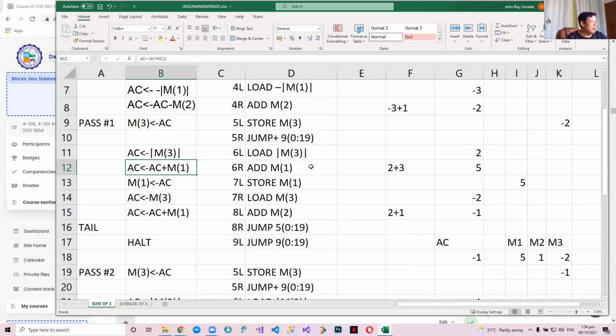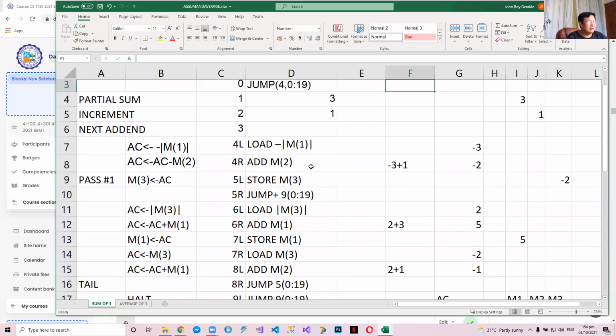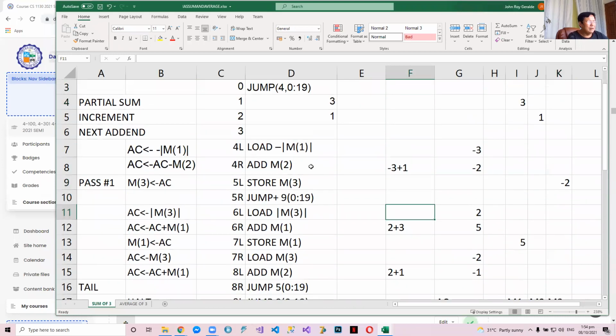The main problem here is when we compute for the partial sum here, no? Okay, do you follow? Instead of mul M1, we will have add M1. Do you follow? Okay. So this is a top-down loop because we have our condition here. Okay, let me erase this so that we can trace everything from scratch.